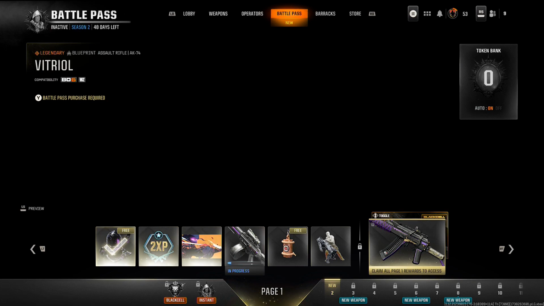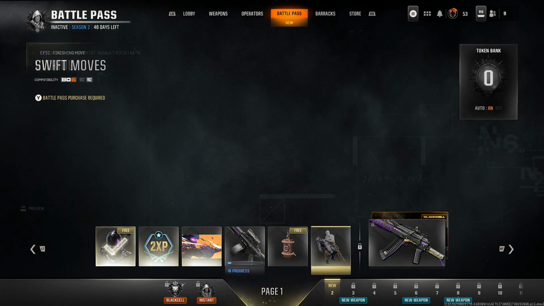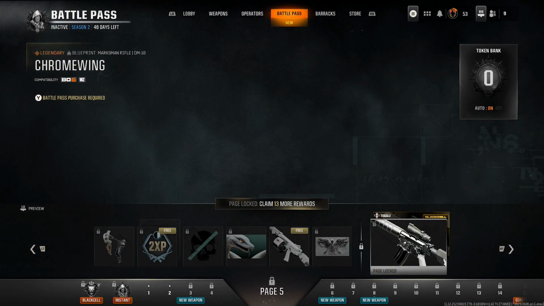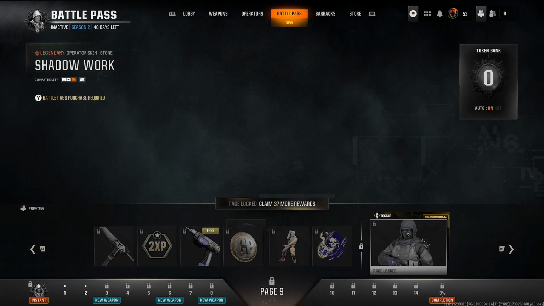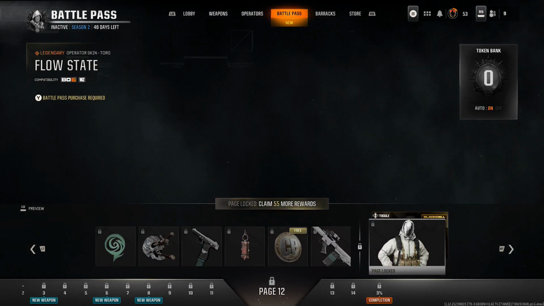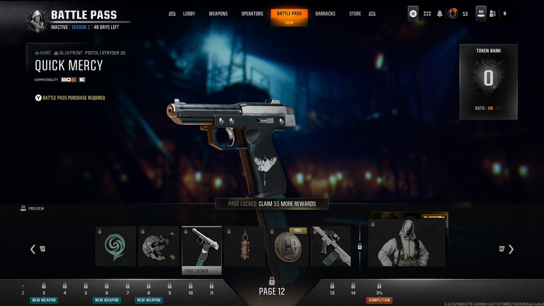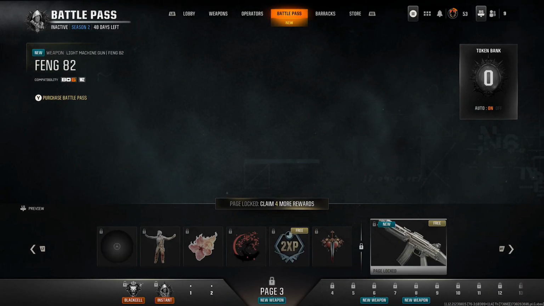As you can tell, we're now in Season 2, and I've so far gone 3 tiers into the Battle Pass. One of the main things of interest in this Battle Pass is here on page 12. You have a Strider 22 variant, which I'd love to get, but to be honest with you, I can't,